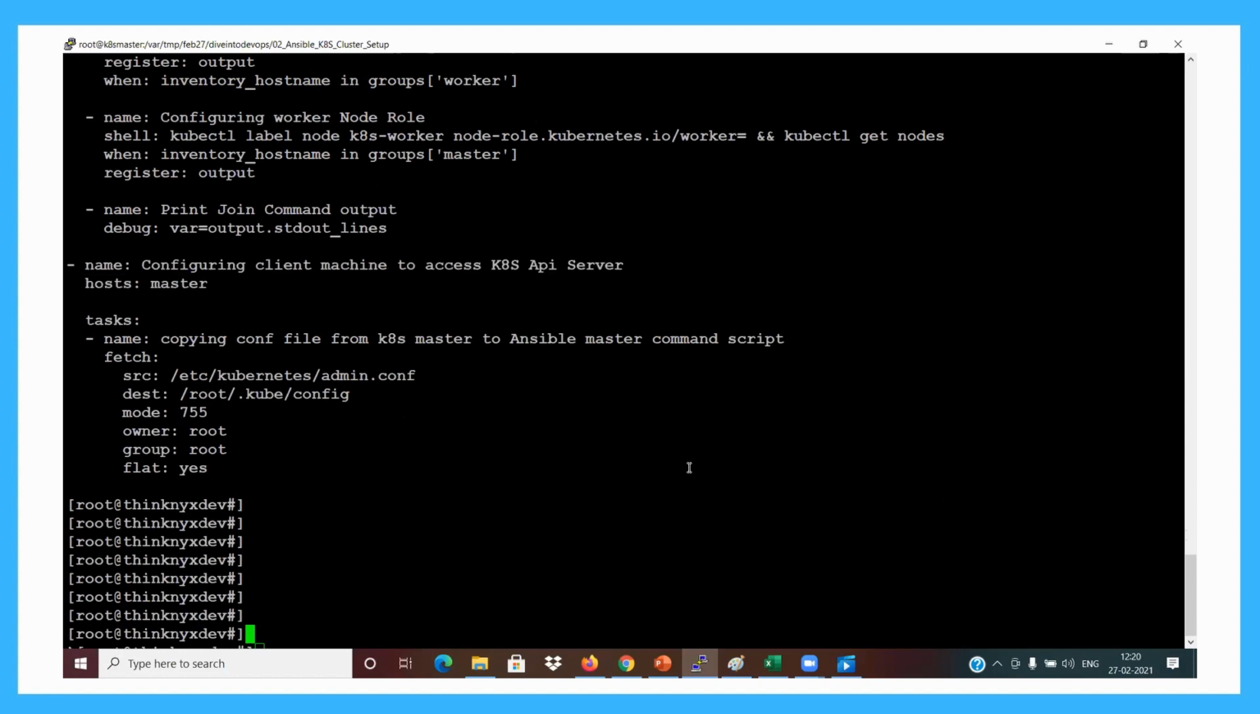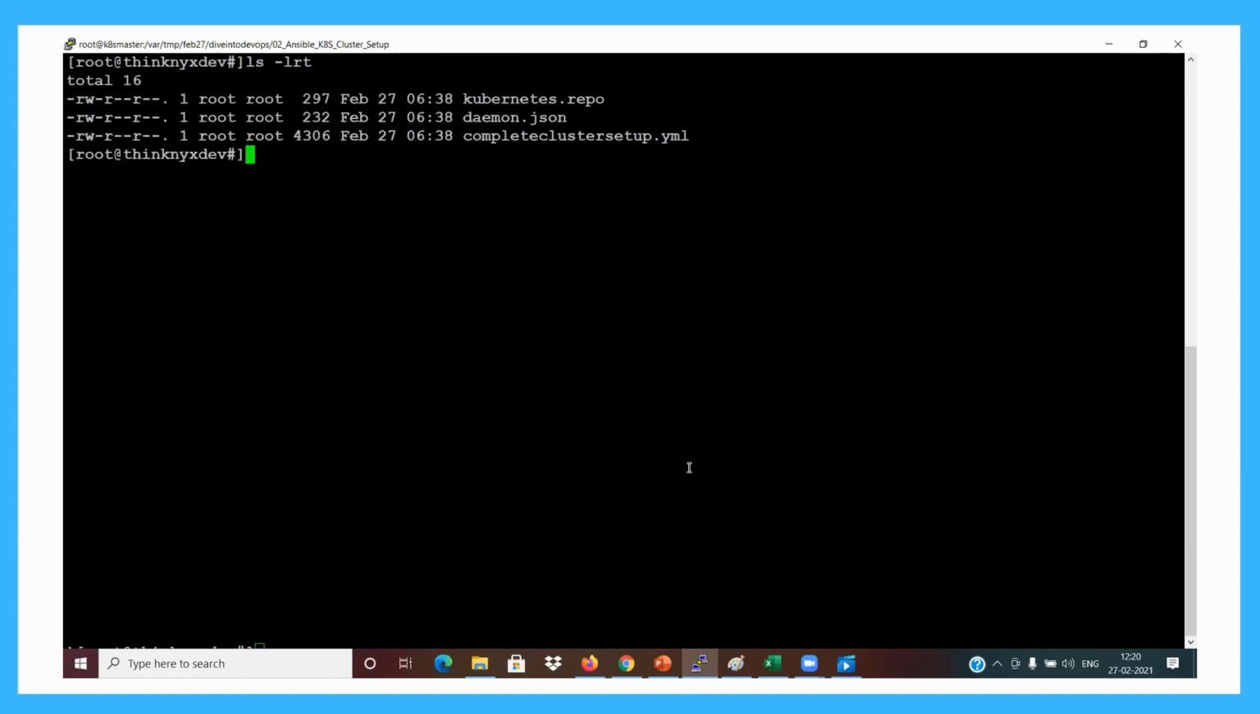Right? So what I'm going to do is clear the screen. Let's see here. Now what I'll do is run ansible-playbook with the playbook name. And here I need to give --ask-pass. Just to make things simple, I haven't generated passwordless authentication between the new servers. So it will prompt me to give a password so that this Thinknyx dev server can make a connection with my Kubernetes master and Kubernetes